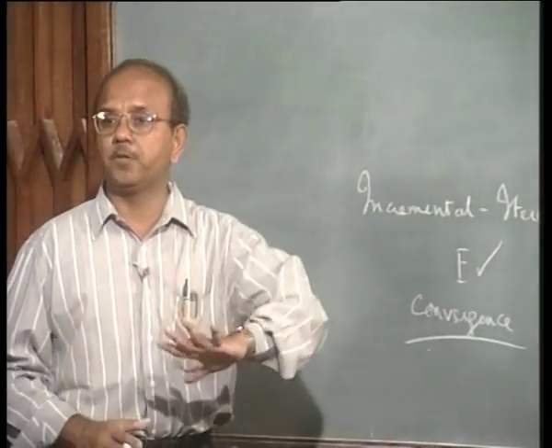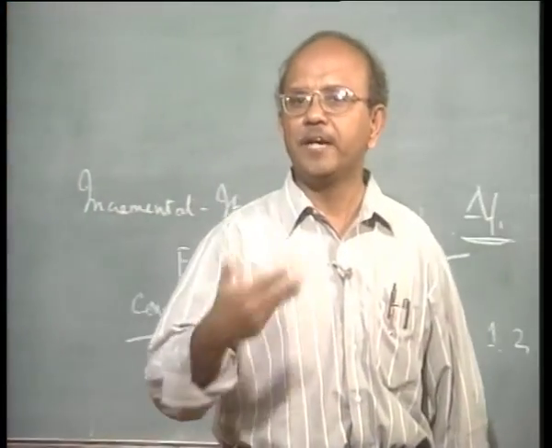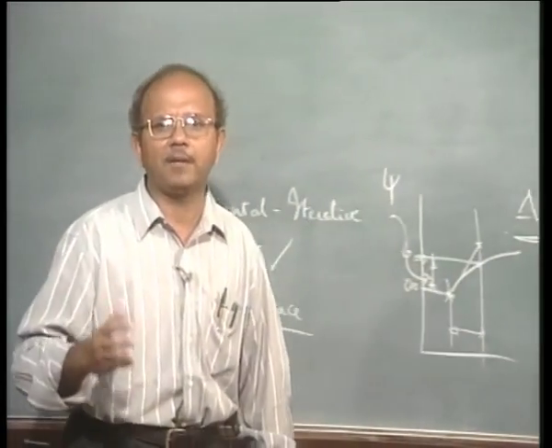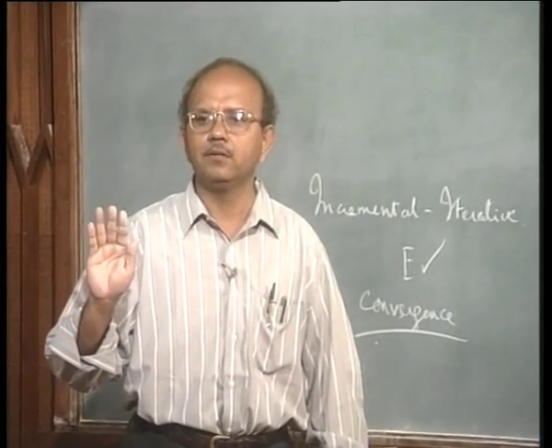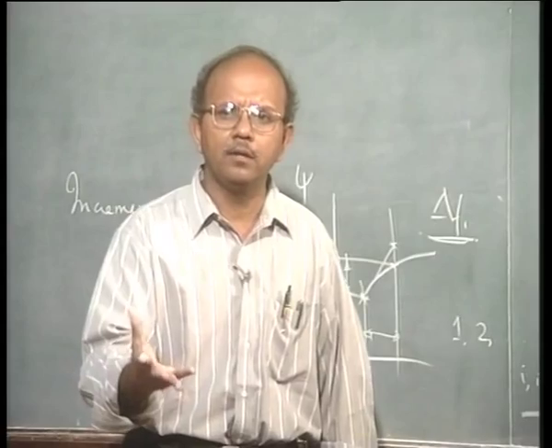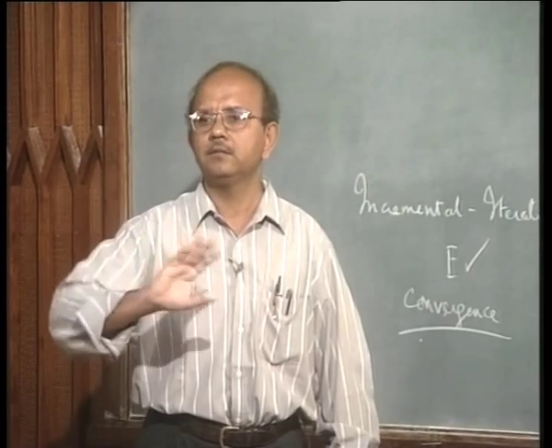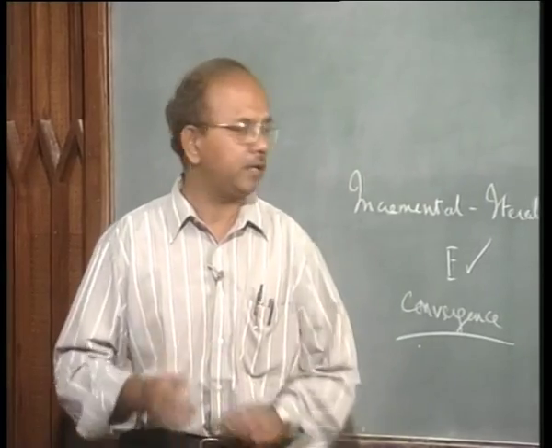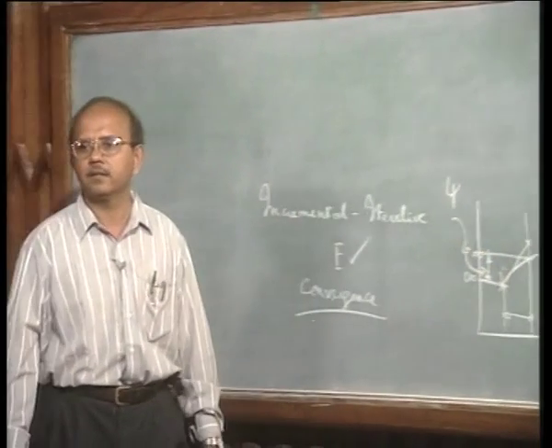What is error? The difference between what is applied externally and what has been calculated internally becomes what is called the error. Is it clear? When the error becomes smaller and smaller, I am approaching equilibrium. At one point of time I say that fine, this is what I want. The error becomes very, very small. It will never become 0 exactly, but it can become very, very small. Then I would say fine, be done with it, problem is over, I go to the next step. Is it clear? Now concentrate on this. So initially this will be my error.